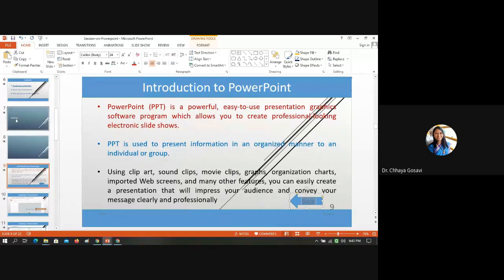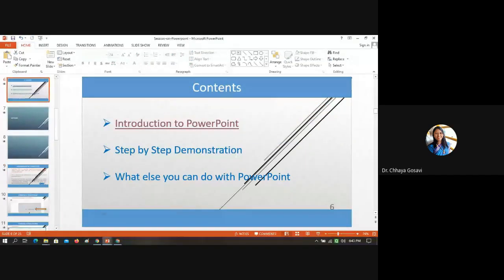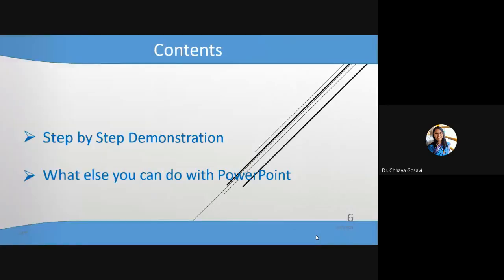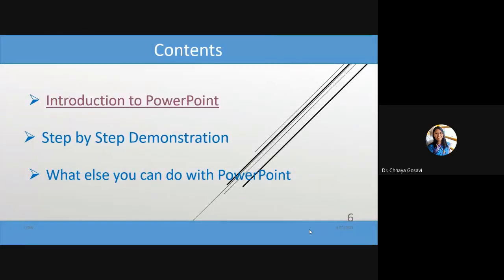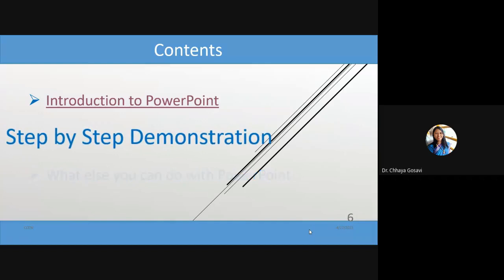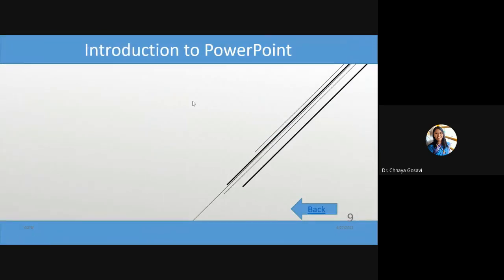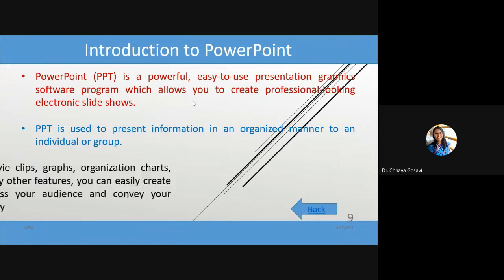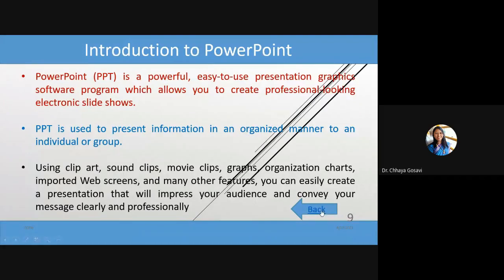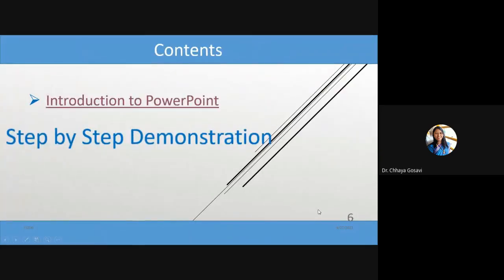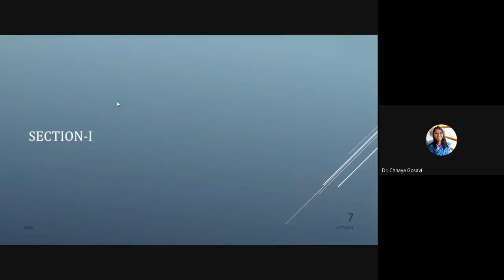Okay. So from slide number 6, I'm here. This is slideshow. Let this animation get complete. When I click on introduction to PowerPoint, it will go directly to this slide. I'm explaining what is introduction to PowerPoint, and I want to come back to my current or content slide. So I had given here some arrow, and when I click, I'll be back on my content slide. Okay.